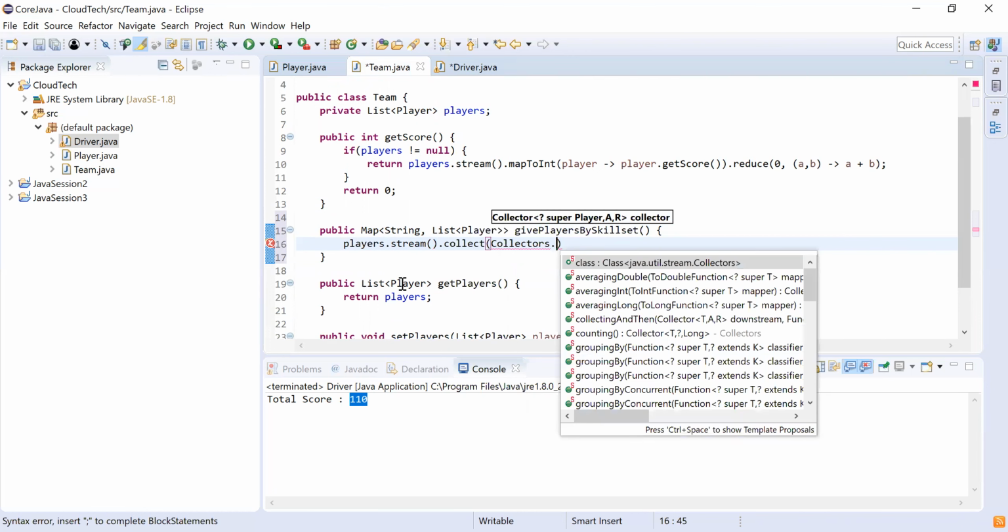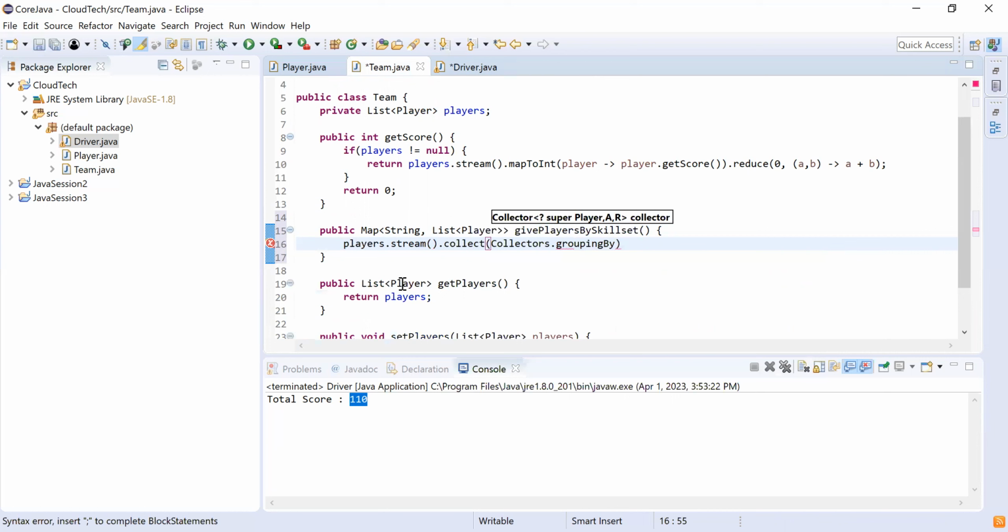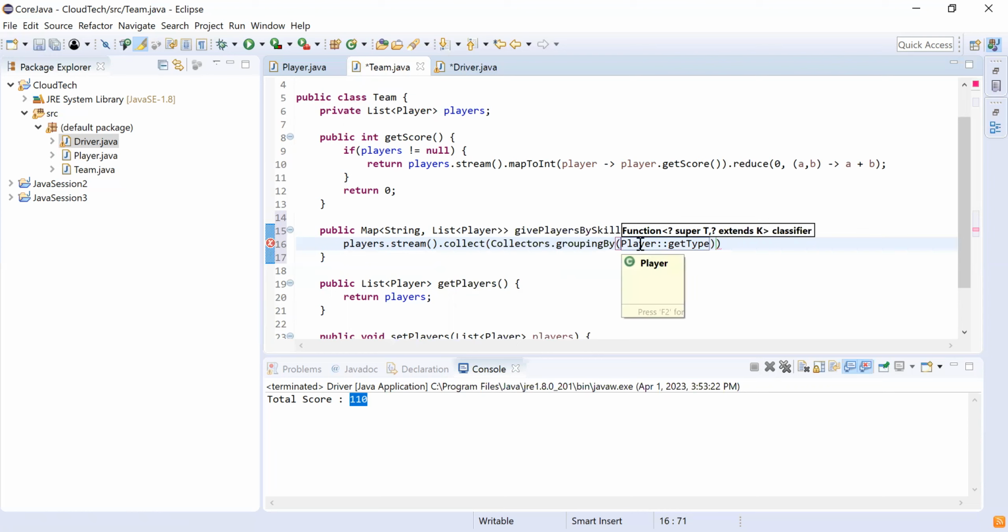So here Collectors dot groupingBy. Based on which field we want to group by, we want to group by using type. So I'm going to do Player colon colon getType. So type is a field in a player which holds the value either batsman or bowler. So this will separate out all the bowlers and separate out all the batsmen